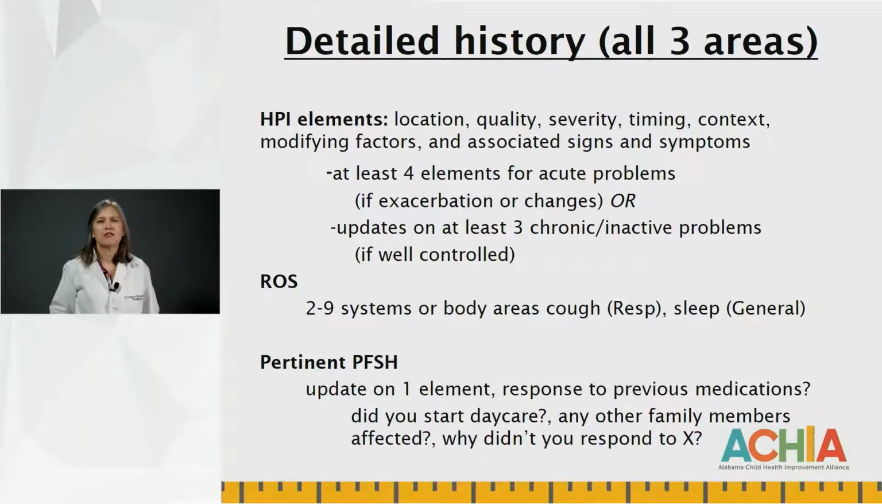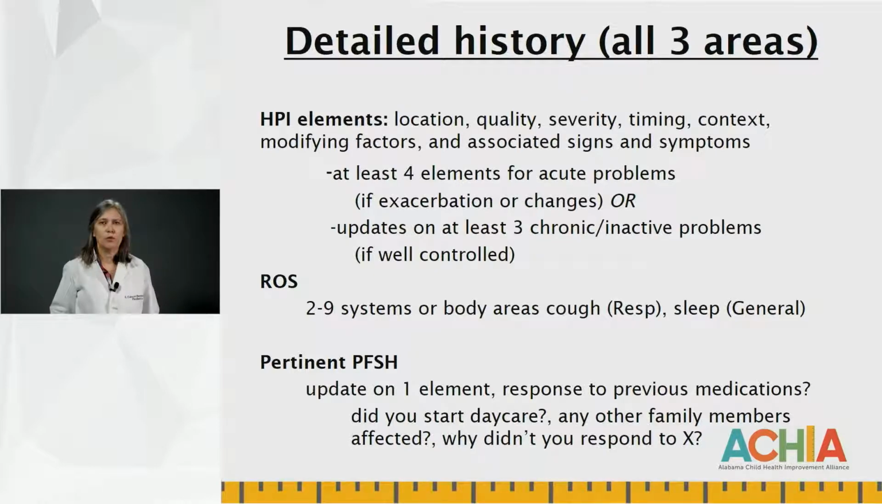Your detailed history has to have all 3 areas included: your HPI elements, your review of systems, and your pertinent histories. So HPI elements: location, quality, severity, timing, context, modifying factors, and associated signs and symptoms. You're going to need at least 4 of those elements for an acute problem. Or if they don't have an acute problem, you need to be talking about 3 chronic or inactive problems that might be well controlled. A side note, Medicaid does have you document duration, but it's not considered an HPI element